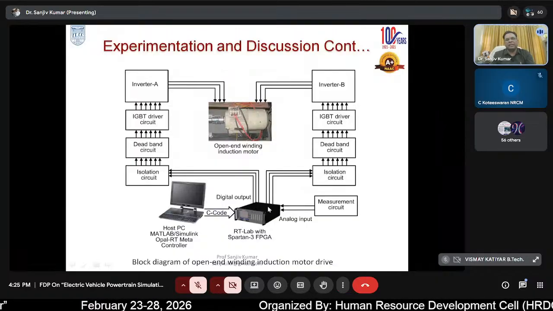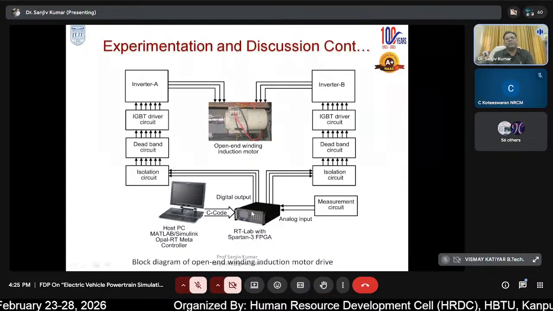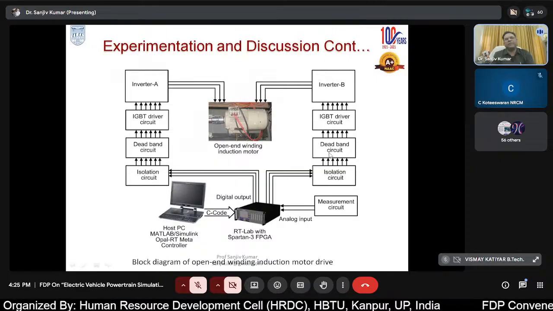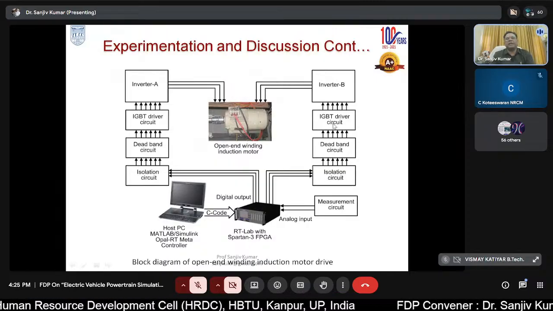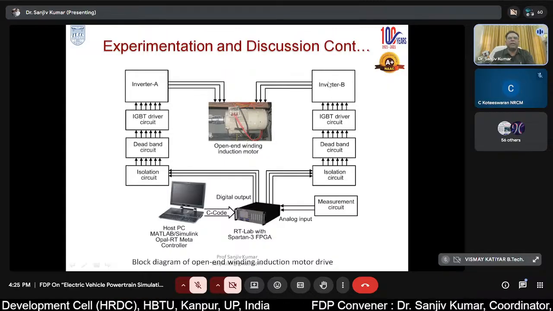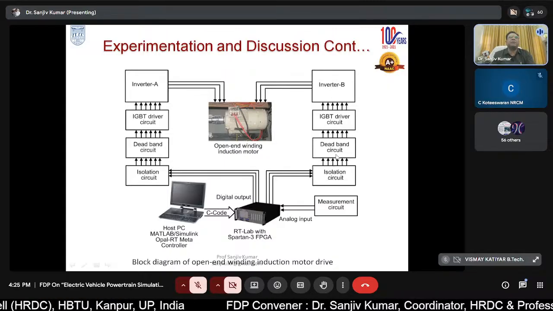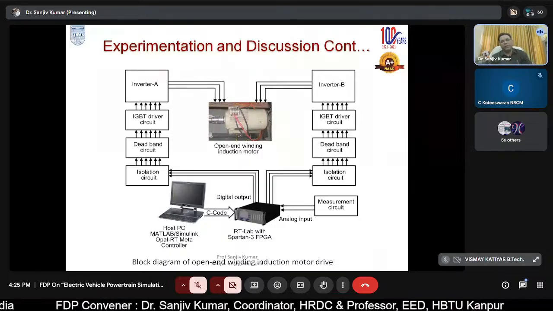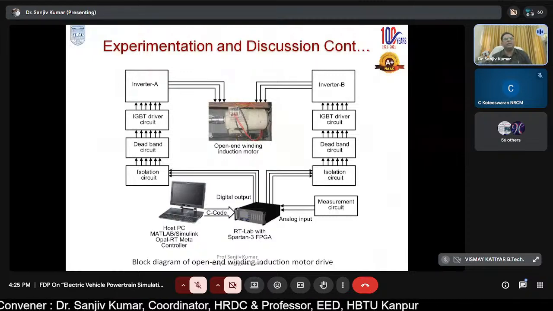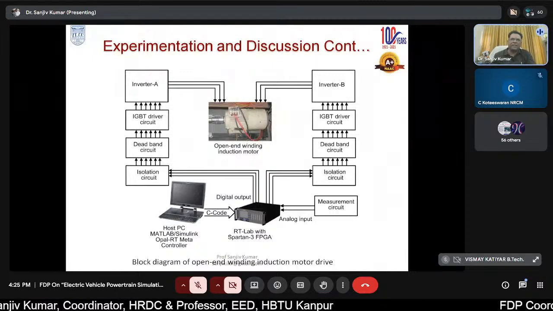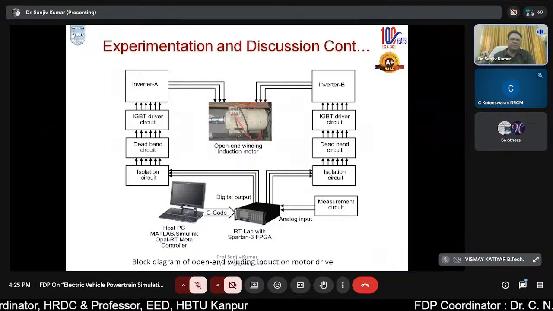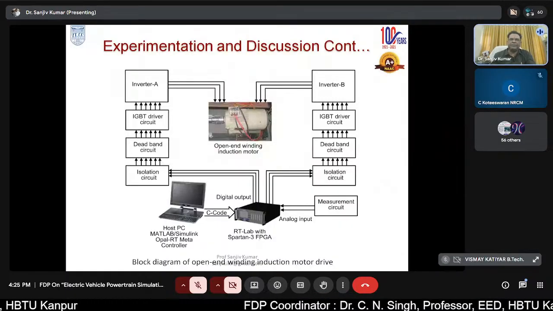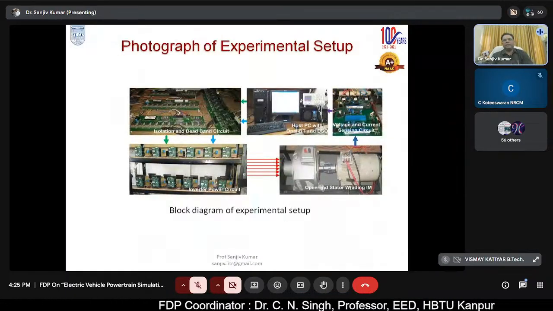And after measuring the voltage and current and properly designing the control logic, we generate the pulses, which pass through the isolation circuit, then the deadband circuit, and then go to the IGBT driver and are fed to the inverter. The deadband circuit is required because there may be chances of a short circuit in the same leg. So for that we have provided a 4 microsecond delay, and the deadband circuit is very simple. Using 7404 you can have this circuit, right? So this is the setup.